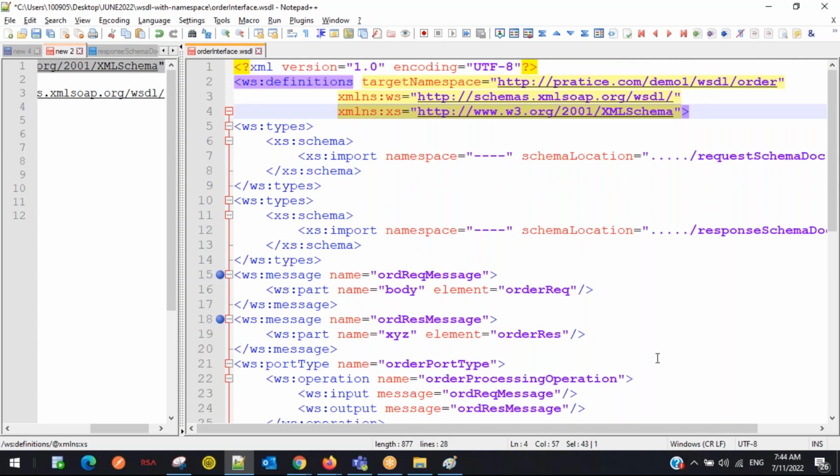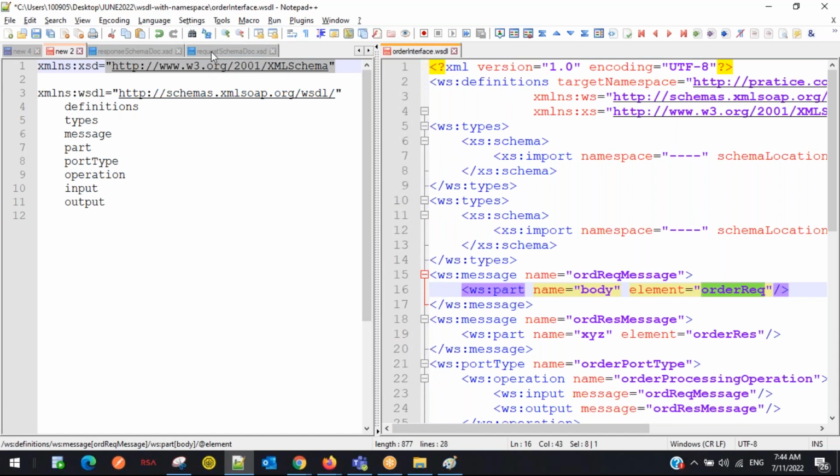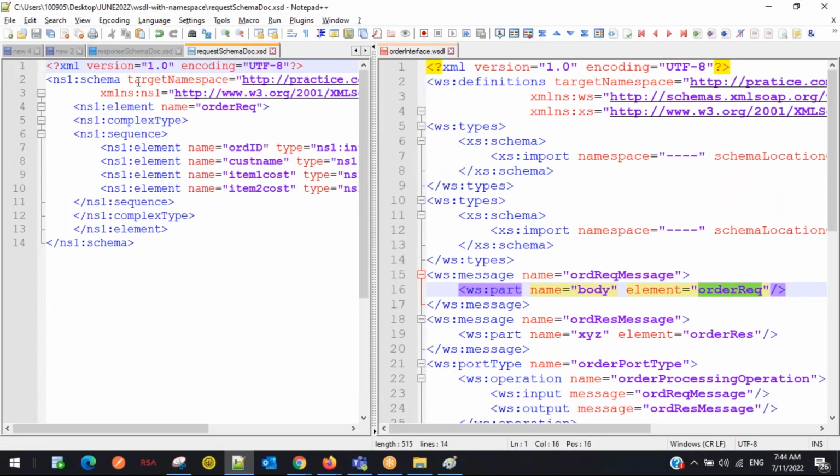Okay. Now, did we cover all predefined keywords? No, we did not cover all predefined keywords. Still, there are a few more. Let's take line number 16. Everybody, please concentrate. In line number 16, we have a predefined keyword called order request. It is defined in XSD and used in WSDL. So what we need to do is go to the request XSD. In the request XSD, whatever target namespace we have,